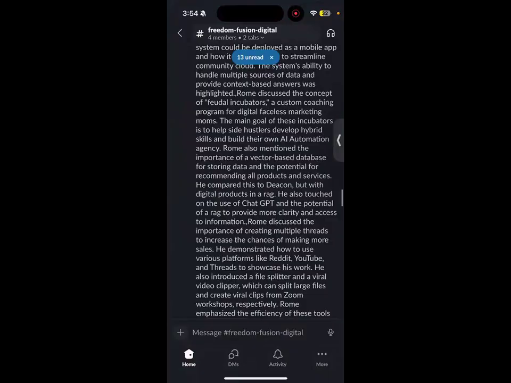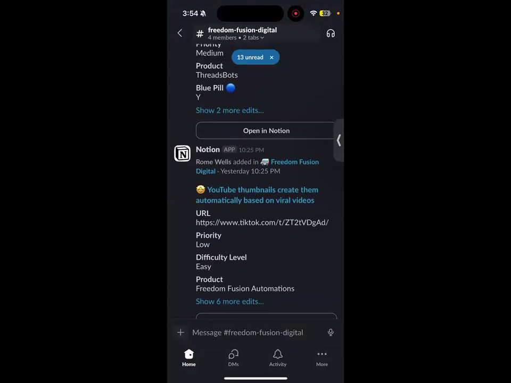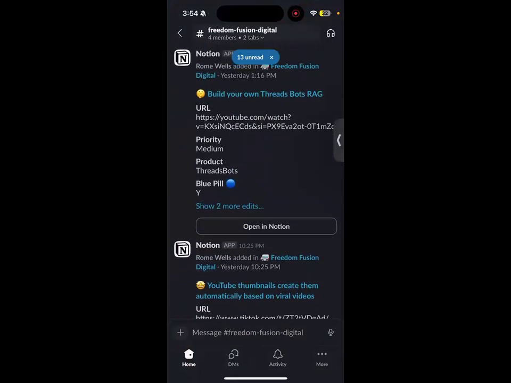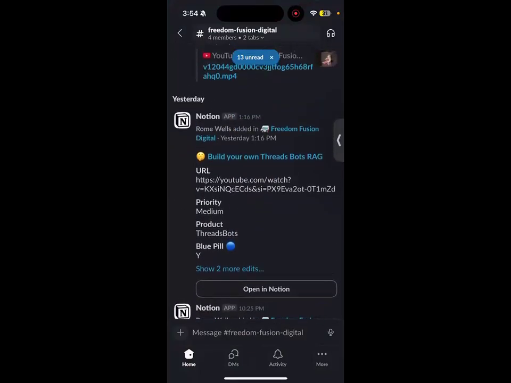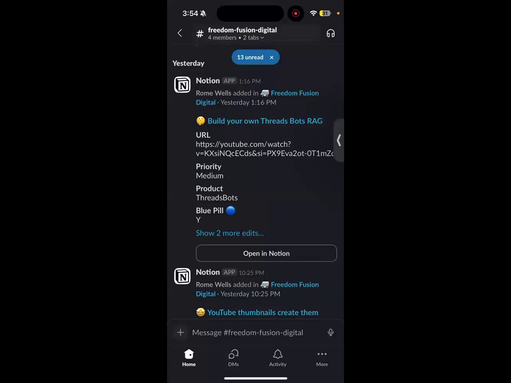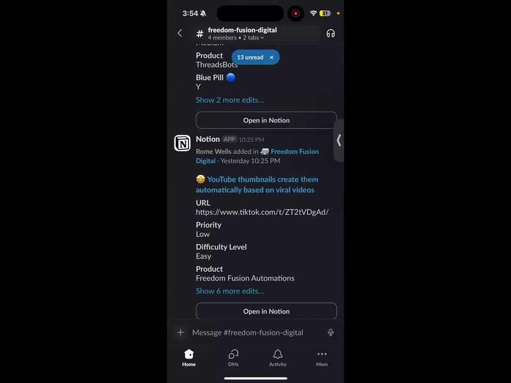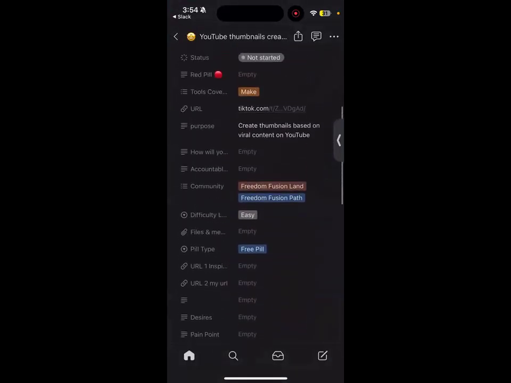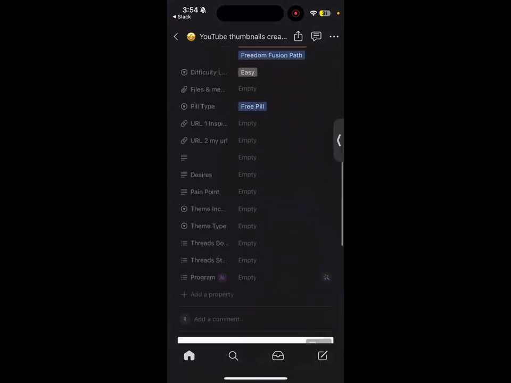Those are what are so-called pills of freedom, structured data. And you could see the name of whatever the pill is, the screenshot, and the difficulty level for how hard it is going to be for your brand, for your luxury brand, for your feudal kingdom, to implement. And of course, you click into it and you could see more details about it. Here's what it is. Here's a TikTok video. You could click on the TikTok video